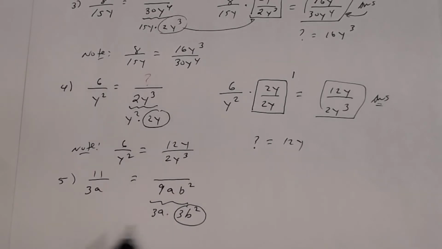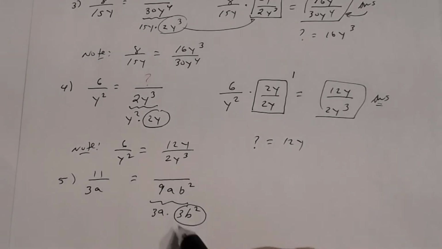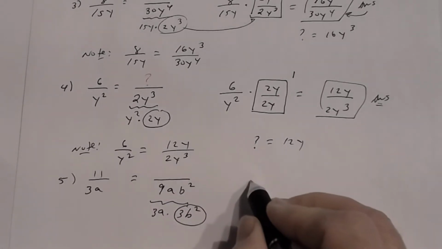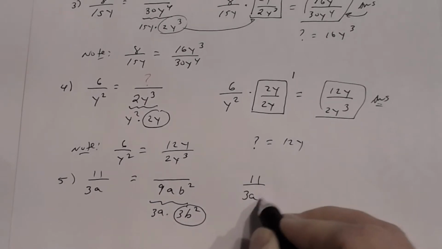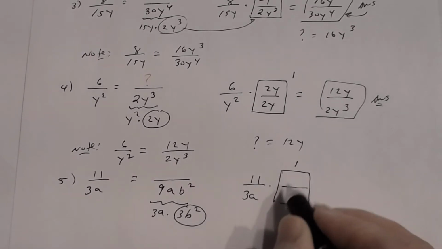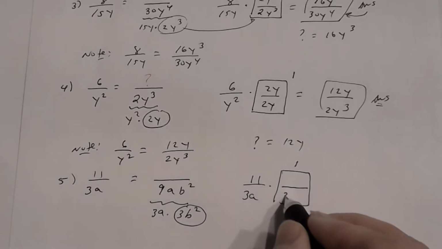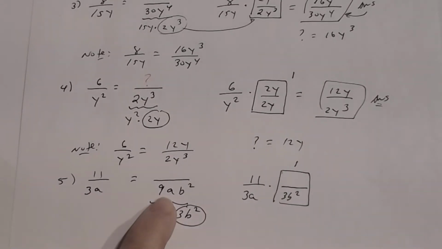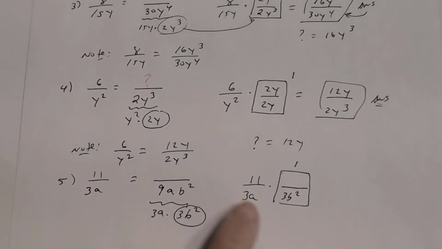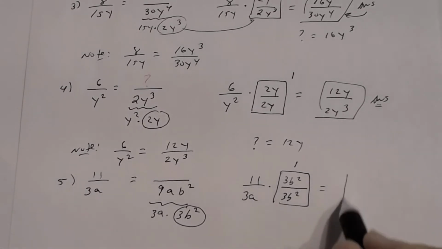All right, so what that means is this. So now I've got to find the numerator. Once I find what I've got to multiply numerator and denominator by, I'm going to do this. So 11 divided by 3a times 1. And to get that to be 1, the numerator and denominator have to be the same. But I know I've got to multiply 3a by 3b squared to get this. So you see, I'm multiplying 11 divided by 3a to get an equivalent rational expression with that denominator. And so I've got to do the same thing to the numerator. And so therefore my answer